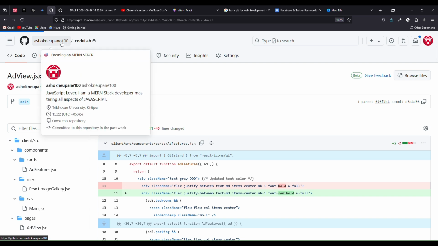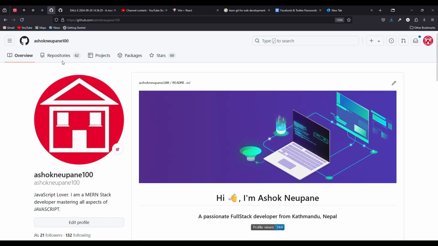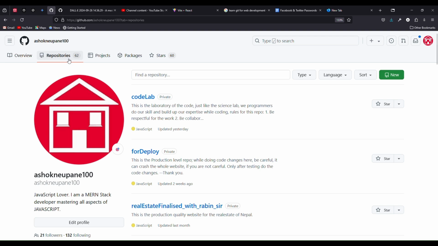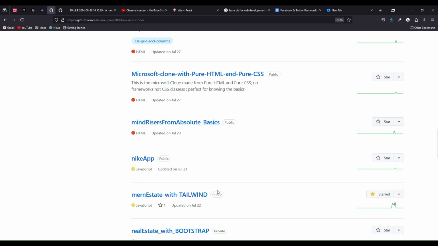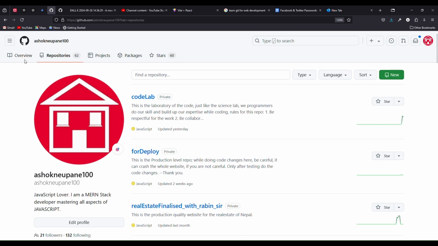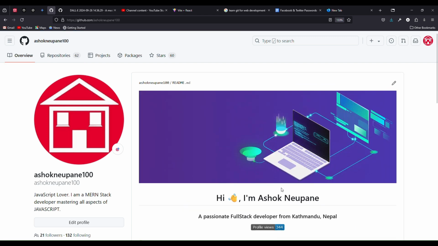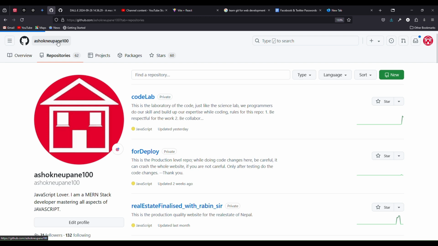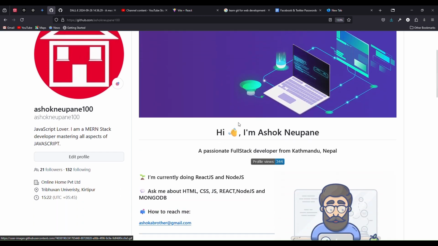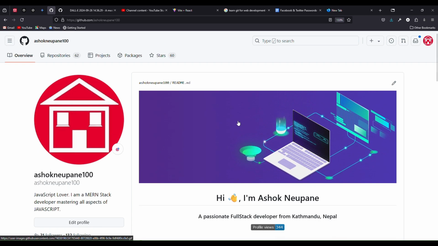For example, I have 62 repositories, and there are many big projects that carry a lot of code. If you put all those things on your local computer, your computer will be overloaded and it will start to become slow.